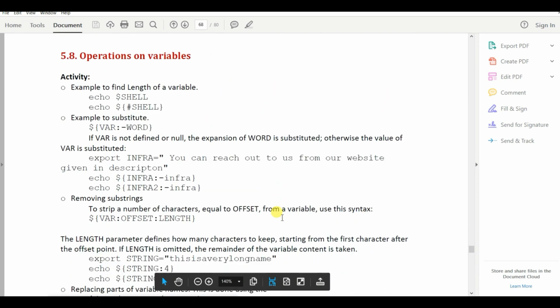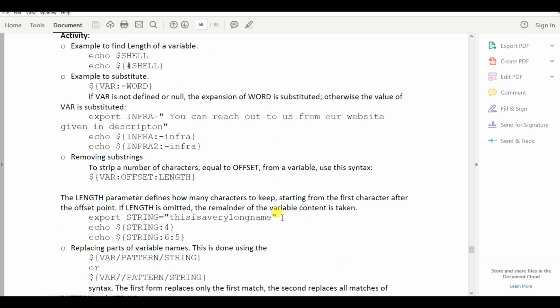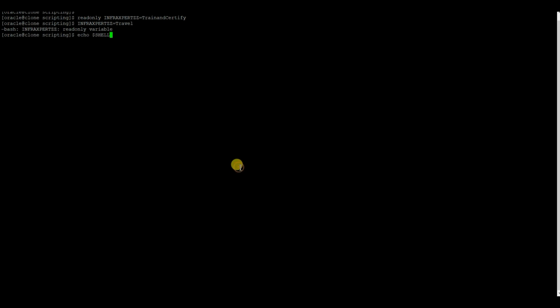Next, operations on variable. Echo $SHELL, as we know, it will be giving the output as in which shell you are.